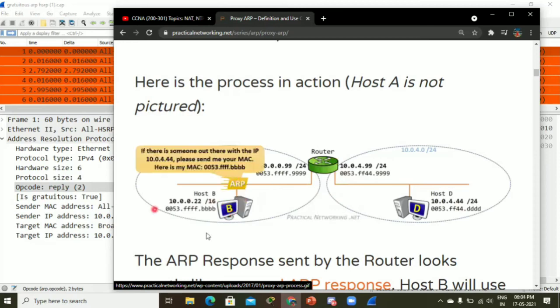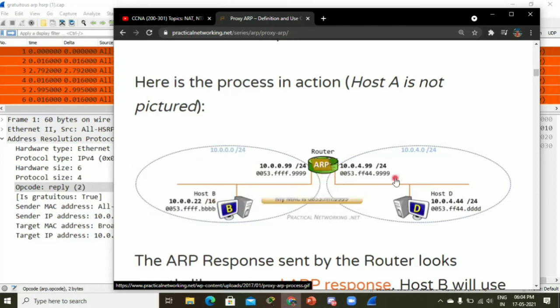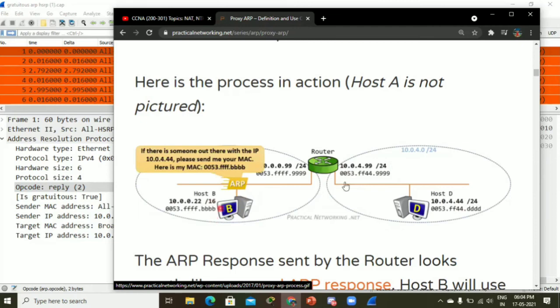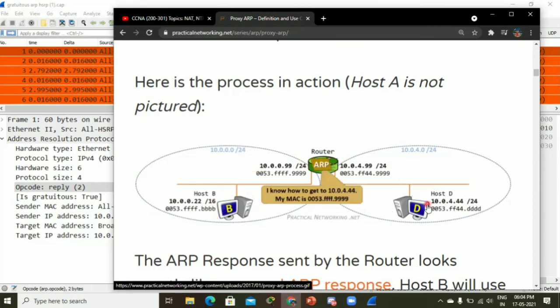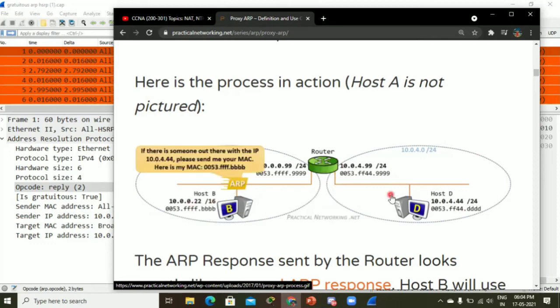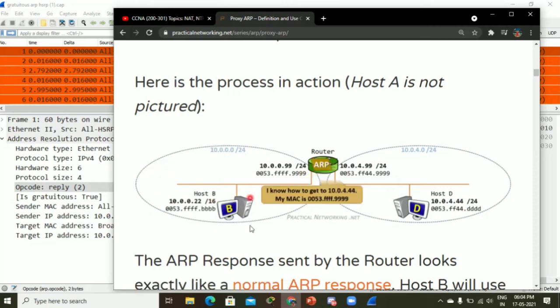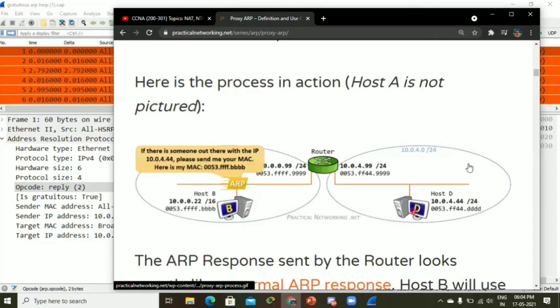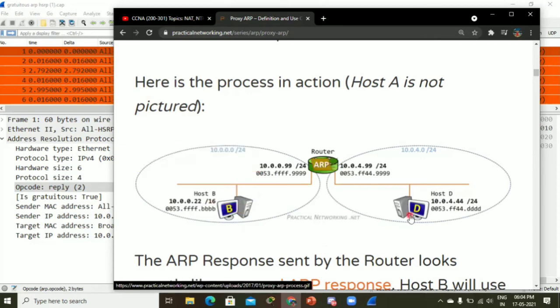Instead of thinking that the receiver is in a different subnet, this PC thinks it is in the same subnet. That's why it is sending an ARP request for this PC. Otherwise, it would send an ARP request for the default gateway. So this PC thinks that the receiver resides in the same subnet. That's what we can see.